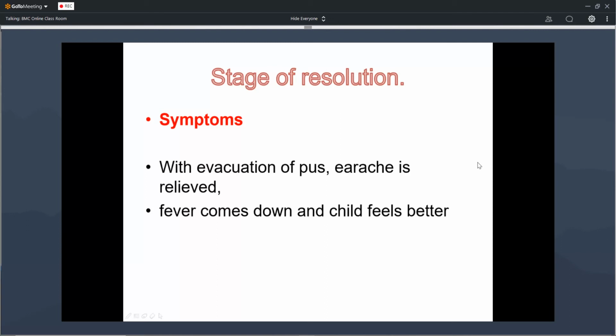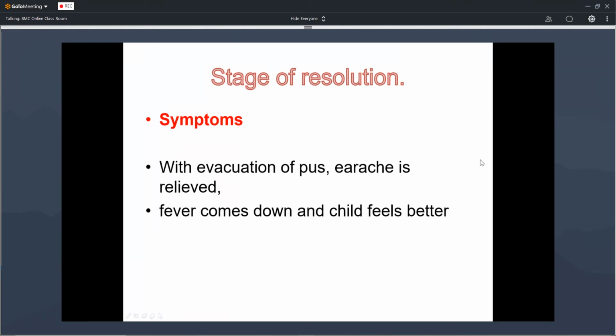Sometimes there is a spontaneous perforation in the tympanic membrane in this stage. Most of the time it is a very small, tiny perforation in the anterior-inferior quadrant of the tympanic membrane, so that the pressure will decrease in the middle ear cavity. All the infected material will evacuate into the external auditory canal. In this stage, the patient may feel relief of symptoms because of the perforation or because of proper treatment. So the symptoms will reduce.